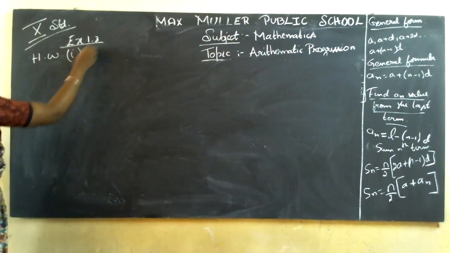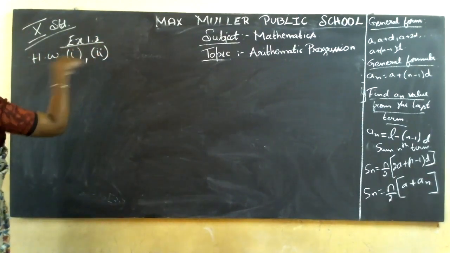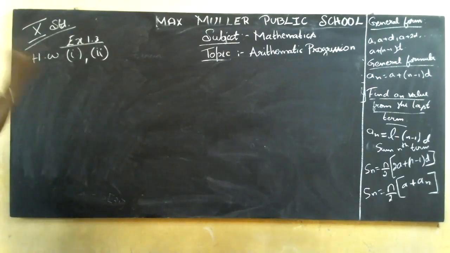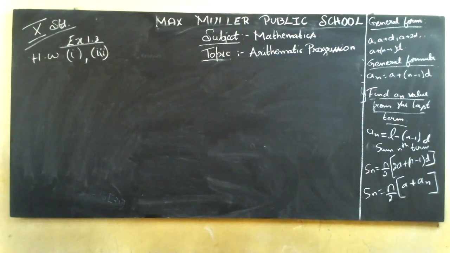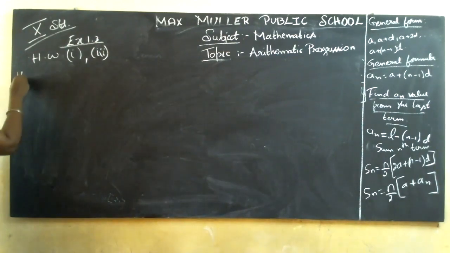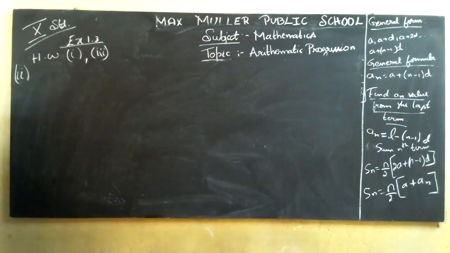First sum and second sum, I'll write the questions afterwards. Let me do the second and fourth sum. Understand how the things are being done and then you start doing, children. It will be very easy for you. Okay. So the second one is what?